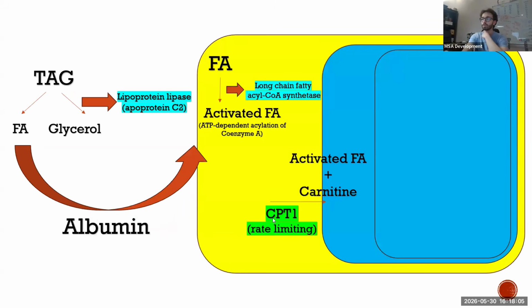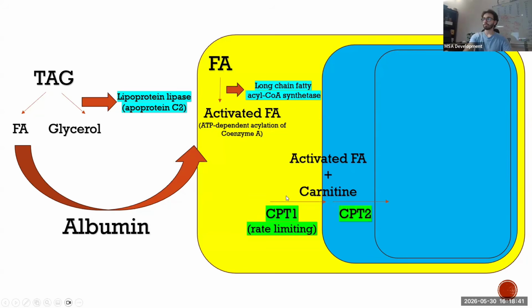So CPT1, C is for carnitine. It's a carnitine transporter. And this is the rate-limiting enzyme, by the way. CPT1 will tell the activated fatty acid, listen, you can go inside the mitochondrial membrane, the airport, but you have to take carnitine with you. It's a carnitine transporter. We are going into a carnitine-dominated place. So it's like, okay, you can go inside, but take carnitine with you. The activated fatty acids will take carnitine. So this is the function of CPT1. It's the rate-limiting enzyme. It gives carnitine to the fatty acid so it can go inside the mitochondrial membrane.